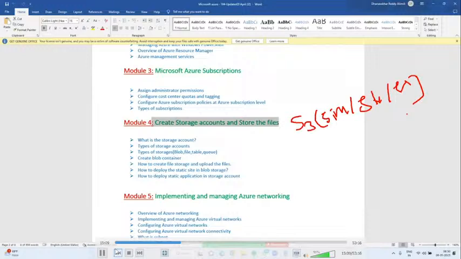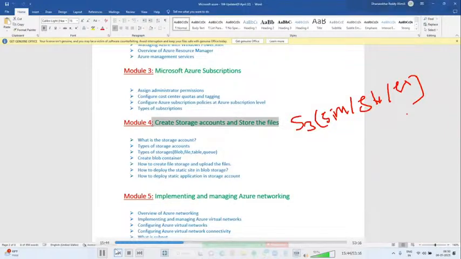Next, in our OTT platform, I can say Reliance Jio: movies, cinema, entertainment, serials, music, all videos. Reliance Jio people are storing in Azure storage itself. Okay, that is about the storage account. What is a storage account? A storage account is a namespace where we can store structured or unstructured data.